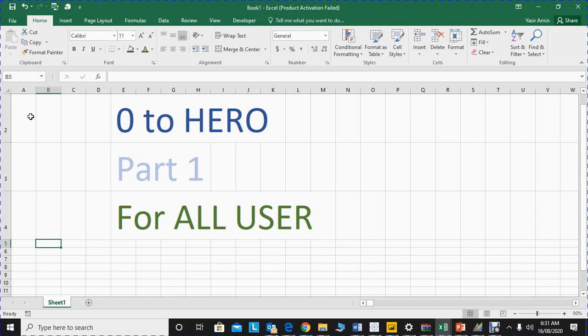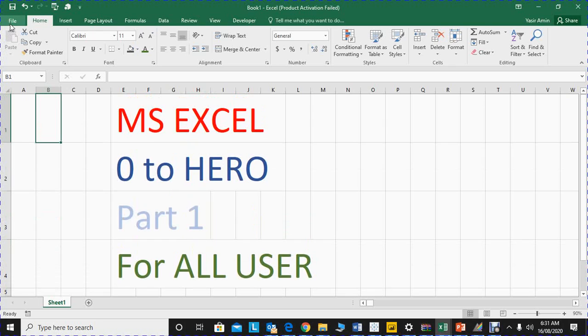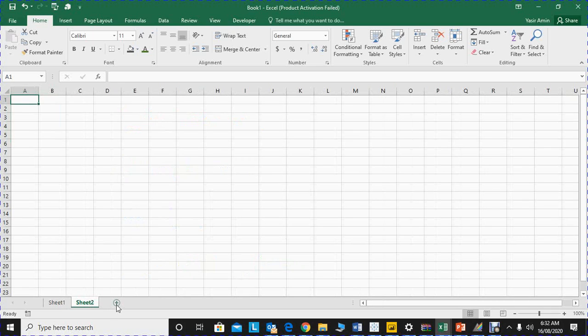We can use it for any calculation related to customers, sales, revenue, recording anything, which can be filtered, and so on. So let's start from the first tab. When you open MS Excel, you have this interface. Here you can see there is Sheet 1. You can add a sheet by clicking the plus sign, and you can also rename it by double clicking and writing